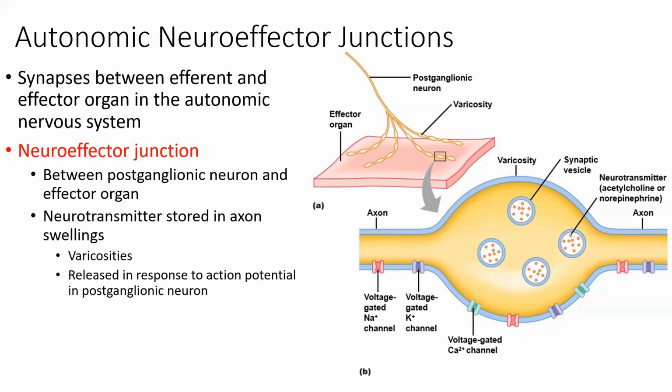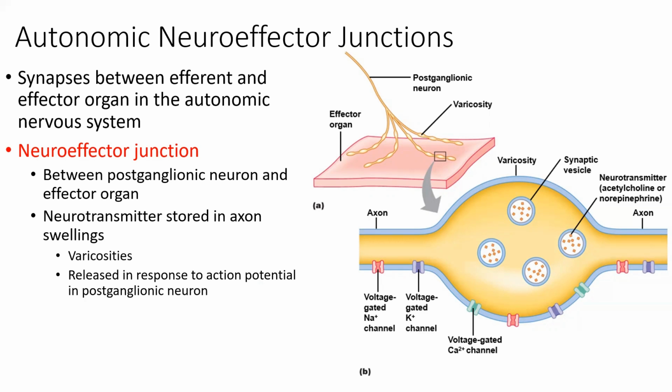The autonomic neuroeffector junction. So we've talked a lot about the neurons involved, the receptors, and the neurotransmitter. Let's talk about the junction, the synaptic area of communication, and see how these players fit into that communication. We want to start by establishing some of the differences between our neuroeffector junction and a traditional neuron to neuron synapse. This is specifically the junction where the postganglionic neuron synapses onto our effector tissue,